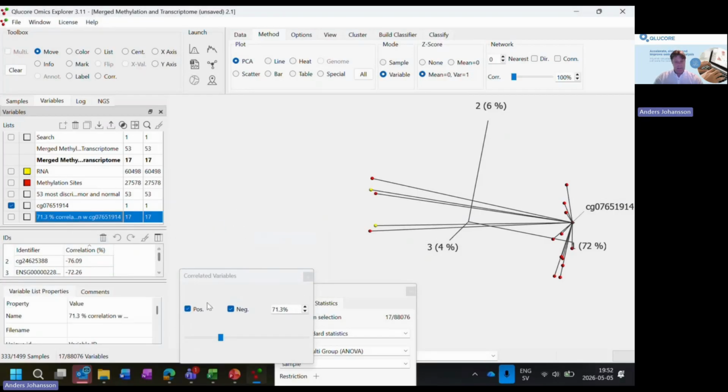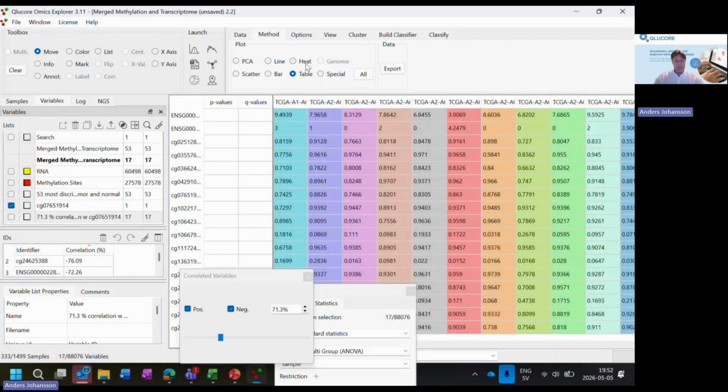You can, of course, here shift between positive and negative and generate these variable lists individually. But as we see here that there are only 2 negatively correlated RNAs, and no positively correlated, we are going to create a new synchronized plot and use